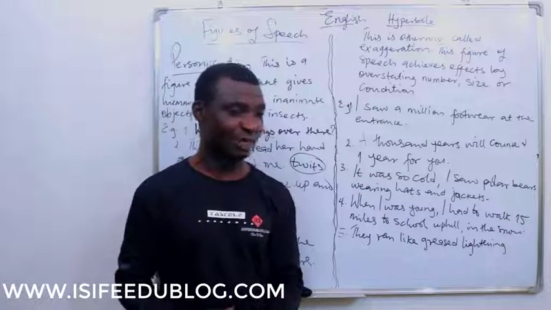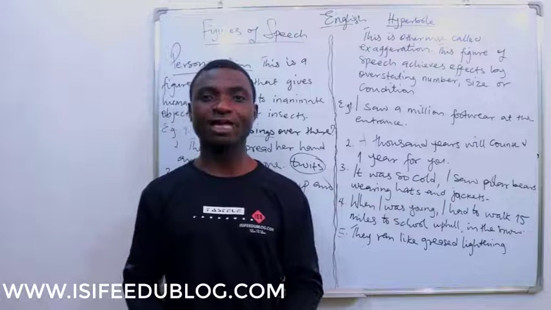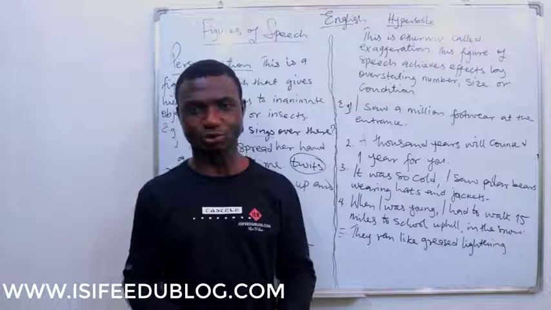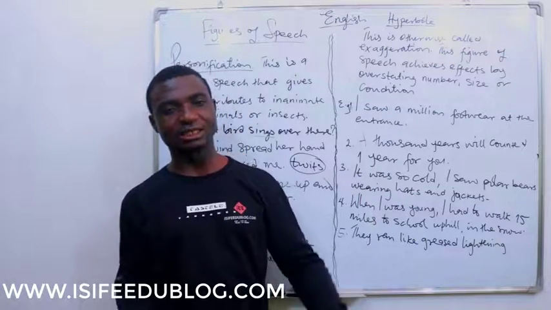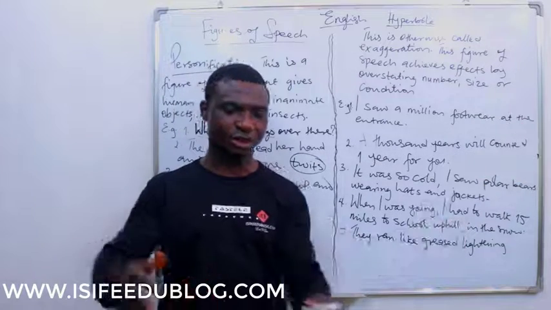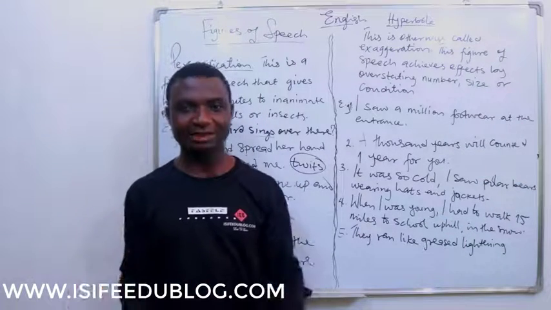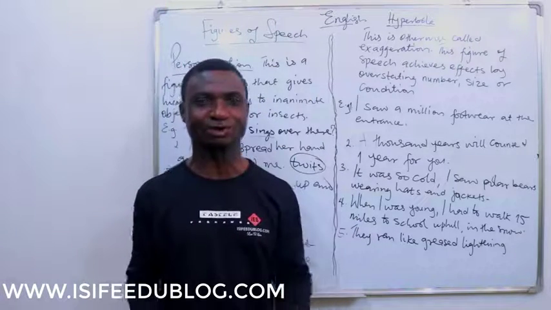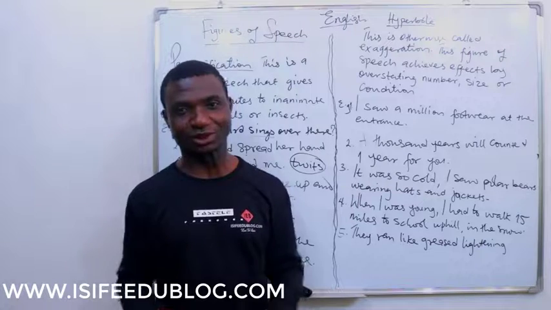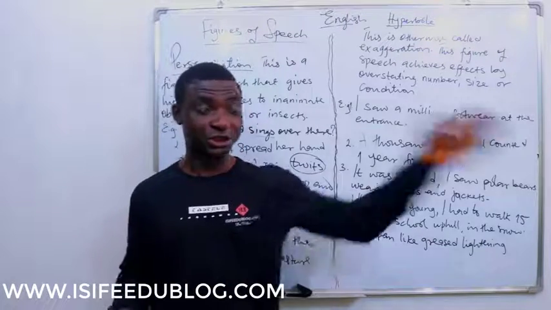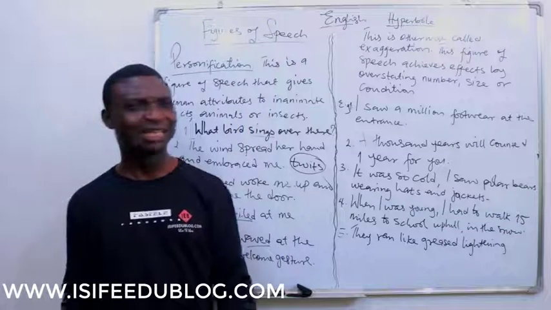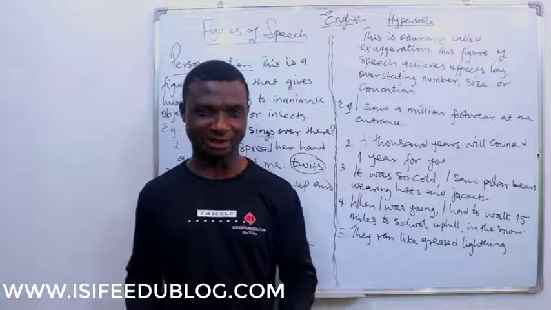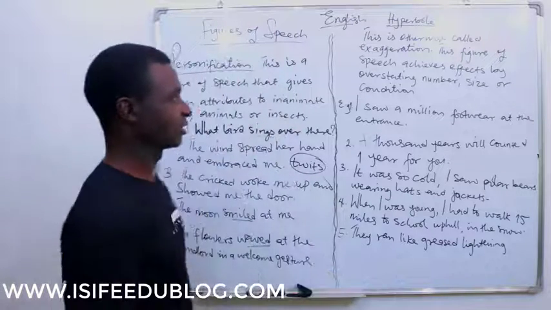Achebe wrote in Things Fall Apart that Okonkwo provided so much food that his visitors were divided into two. The food was in the middle, and those at the other side could not see those at this side. They ate and ate until the mountain of food was brought down, and people could see those at the other side. That kind of exaggeration, you can't miss it. You will feel bad that you didn't attend that party. That's the essence of this.